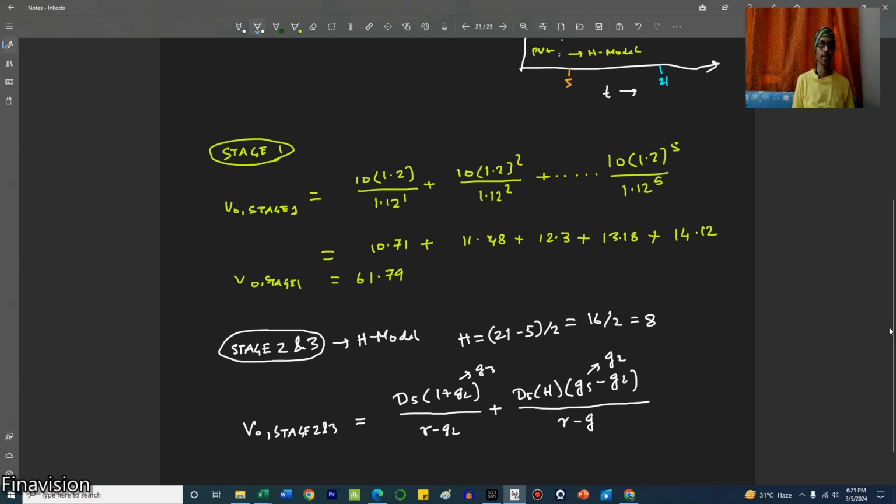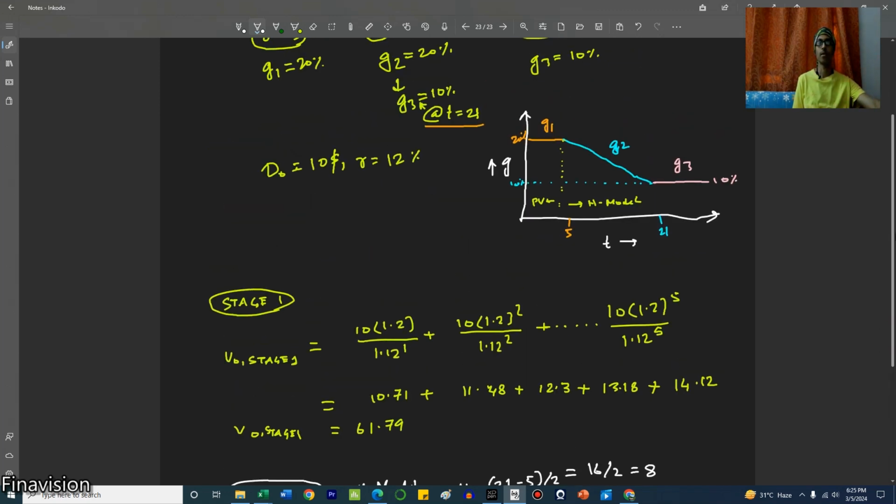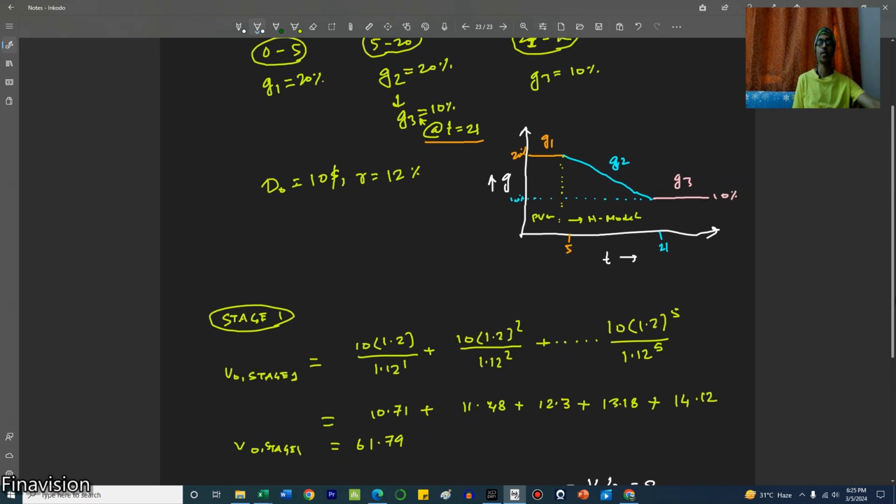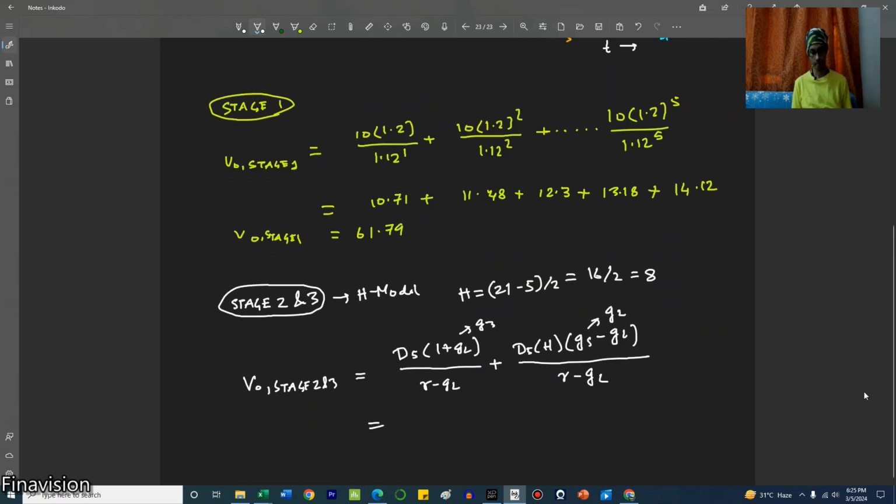R minus GL. So let us see what is G3, G2 and G3. G3 is 10%, G2 is 20%. And what is D5, guys? 1.2 to the power 5 into 10, 24.88. 24.88 into 1.1 by,